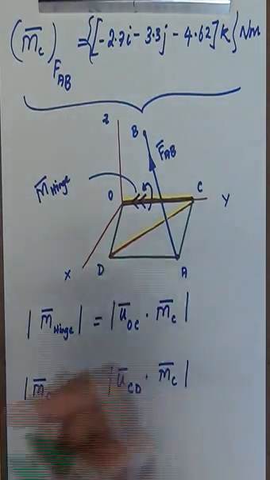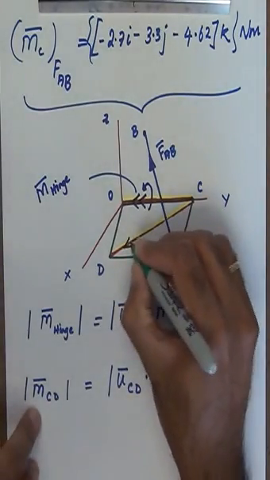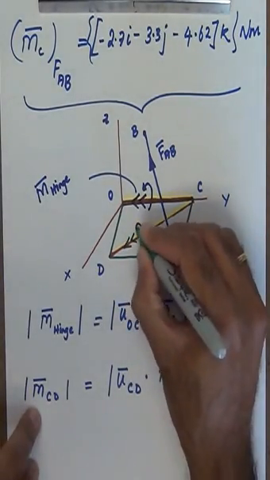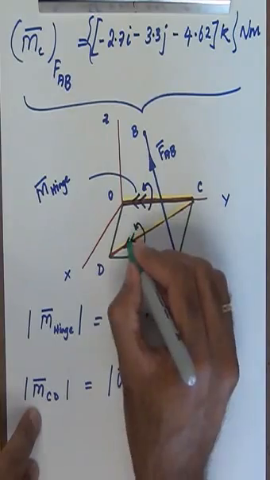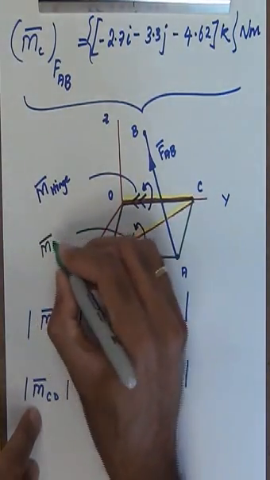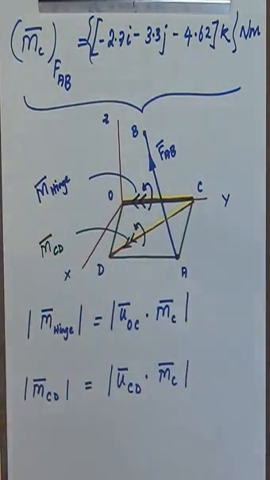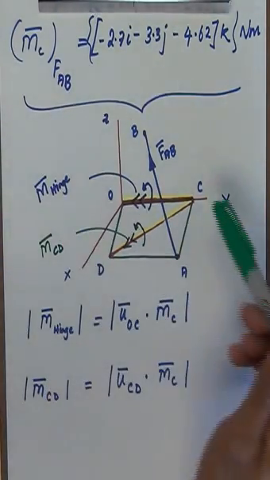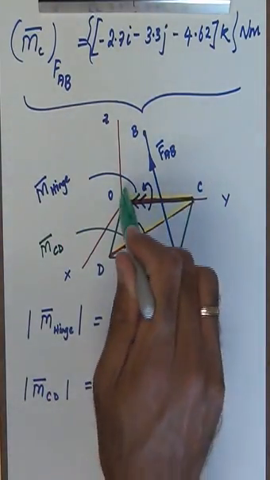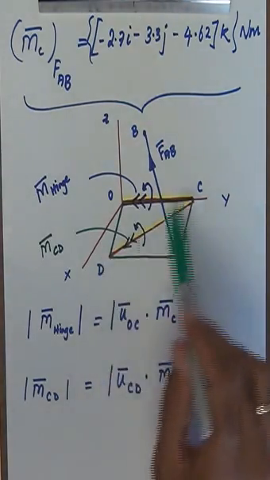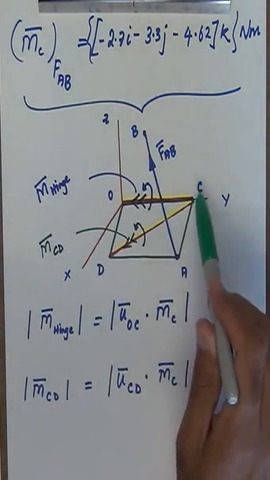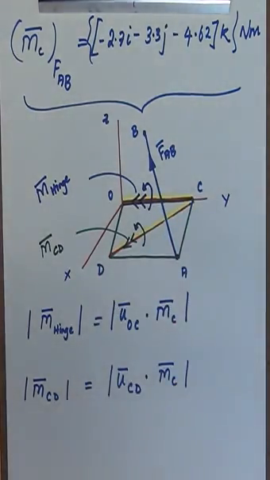And just to look at this, so this is going to be the direction and the sense of the moment, and this is going to be moment CD, which means that if I have to write each of these moments as a vector, then for the hinged axis I need the unit vector from C to O, and for the line joining the point D and the point C, I need the unit vector from C to D,